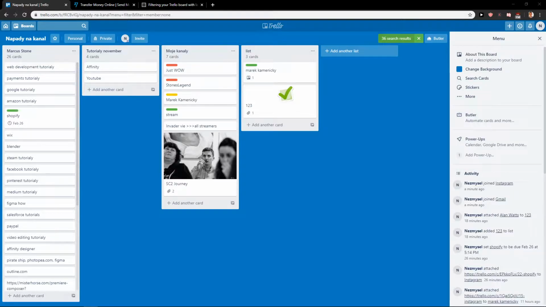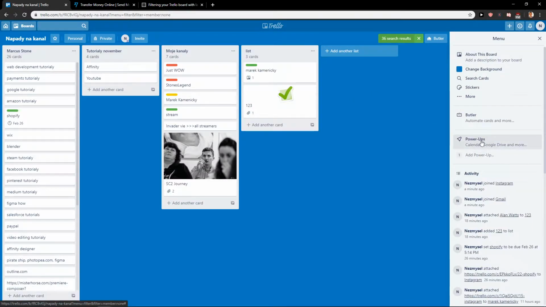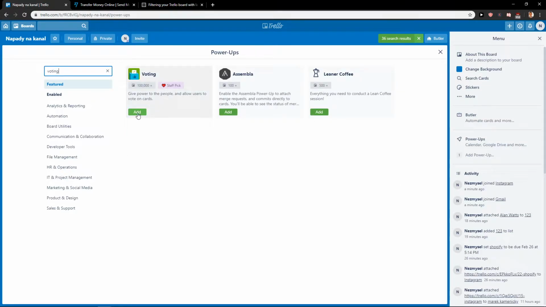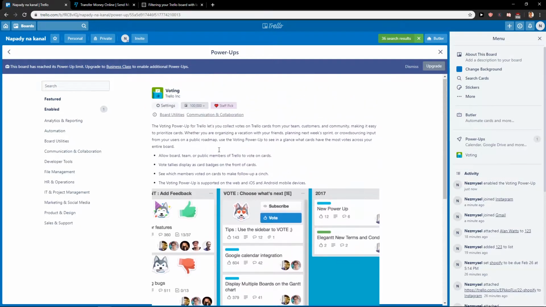system in Trello. So let's start. First, what you want to do is just be in the menu and then click here on power up. And when you are here, you want to write voting and just click add this board. Okay, I don't really care. When I click on it,